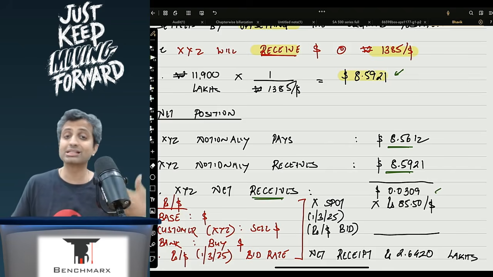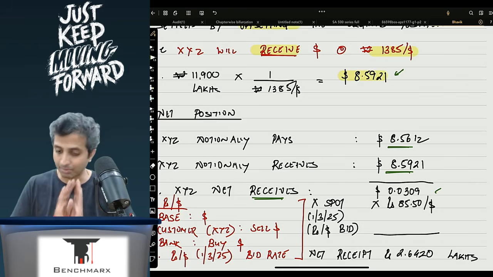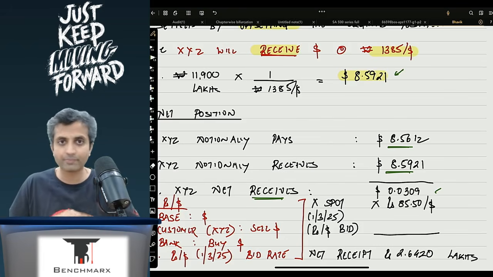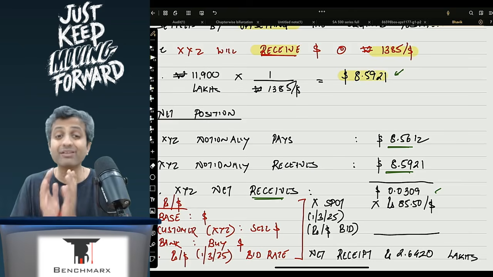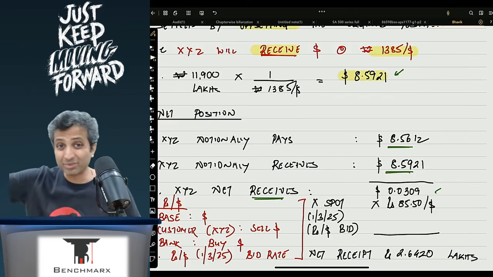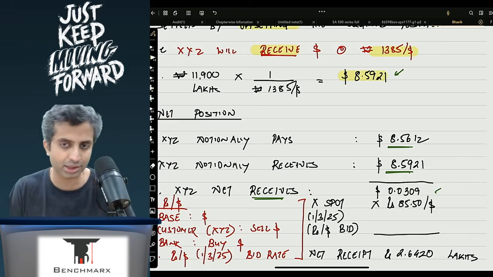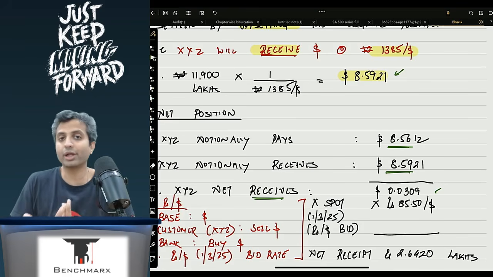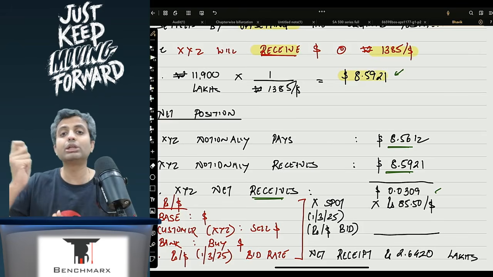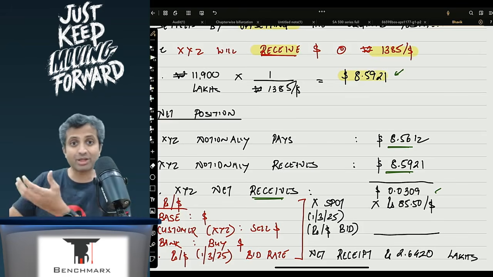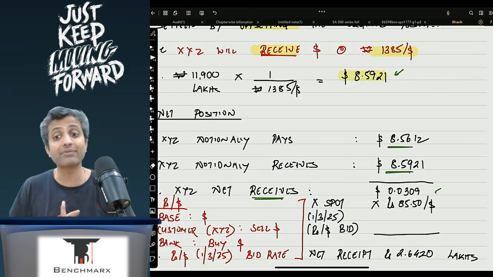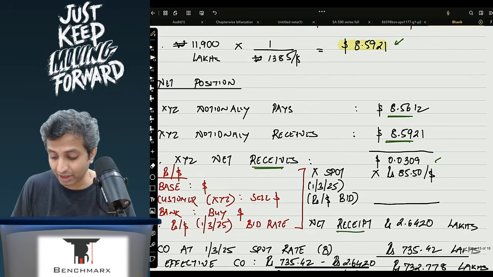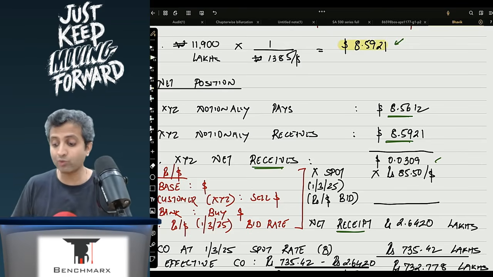Now the problem over here is this is dollars. I want to figure out my effective position in rupees. So what will I do? Well, I will now look at the rupee to dollar rate, not rupee to won, not won to dollar. I'll say that from the NDF market at the end of the day, I will get 0.0309. And what do I need to do? Well, the base currency is the dollar. I need to sell the dollars that I have. So the banker will buy, and the relevant rate is the bid rate, that is 85.5. That is the bid rate if you go to see, and hence my effective net receipt, that is a cash inflow, that is a gain, will be 2.4620 lakhs.